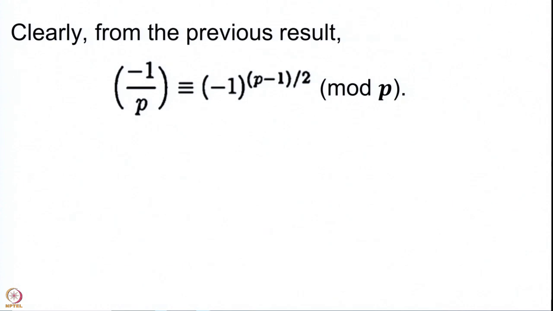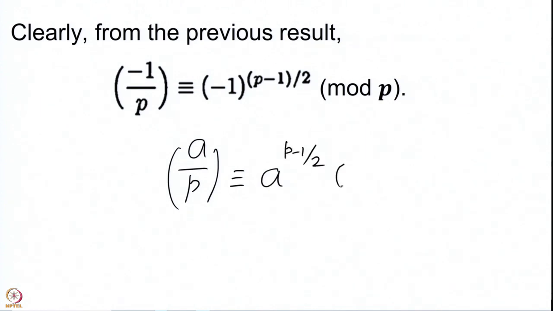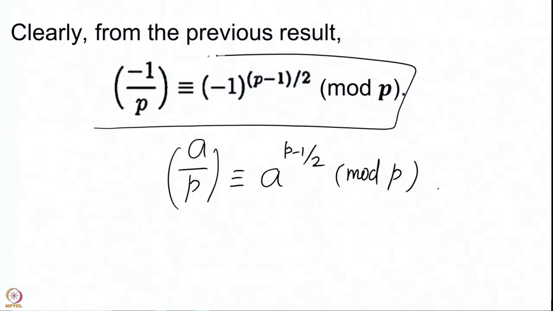from the previous theorem that we have proved, when you take a to be any integer, we have noted that the residue symbol, the Legendre symbol (a/p), is congruent to a^((p-1)/2) modulo p, and therefore when you take a equal to -1, we get this particular result. So we get that (-1/p) is congruent to (-1)^((p-1)/2)